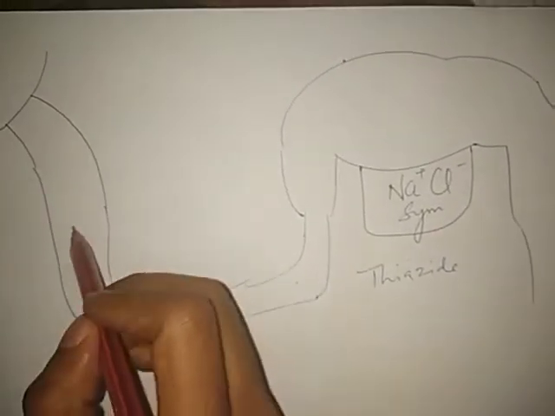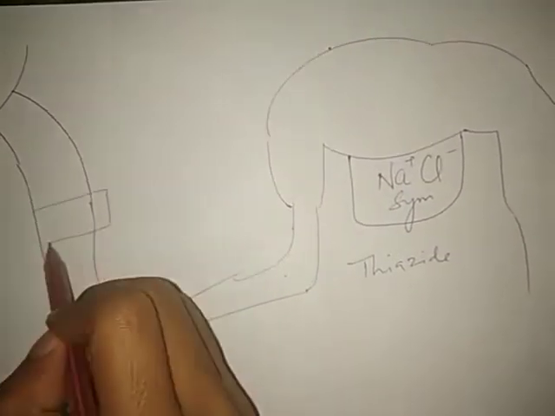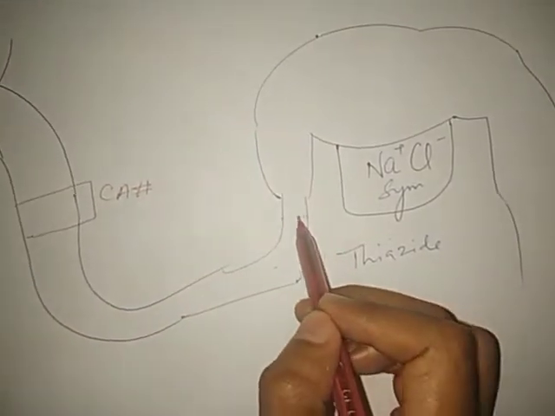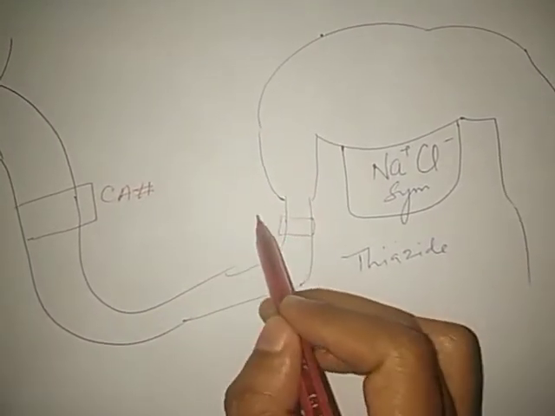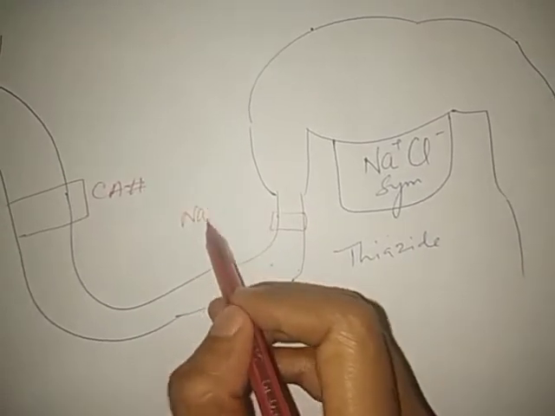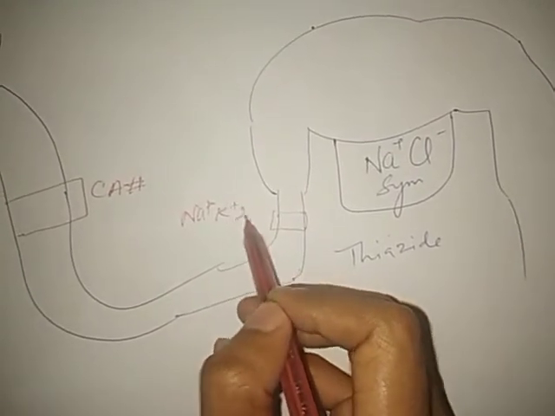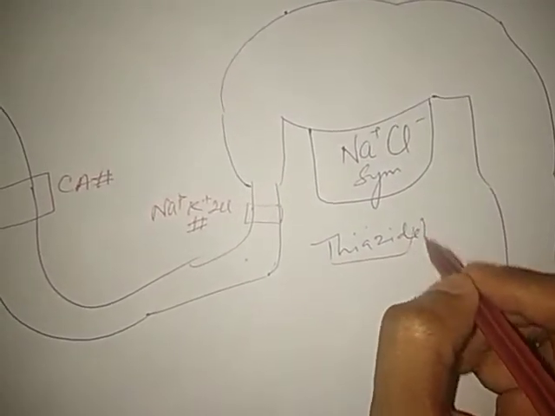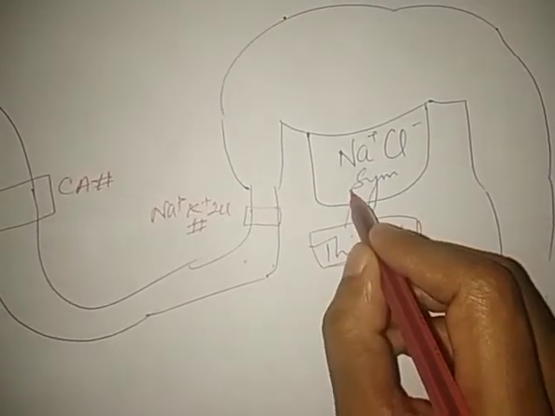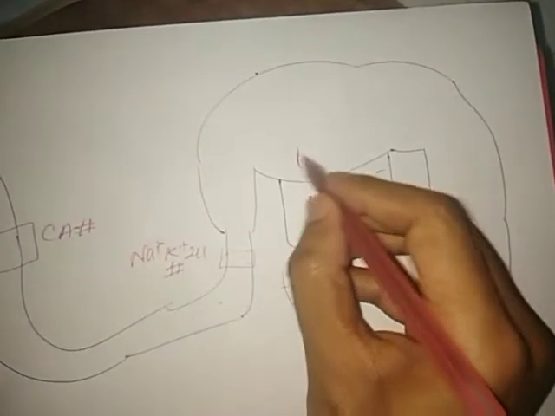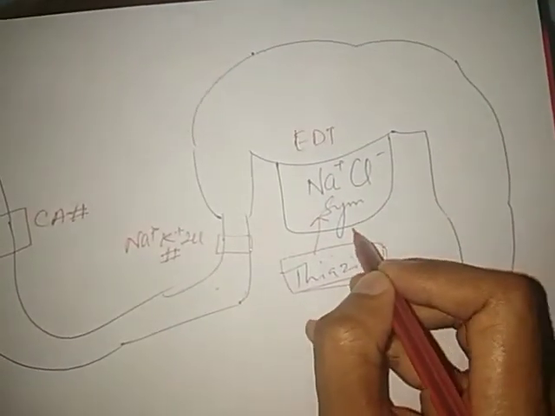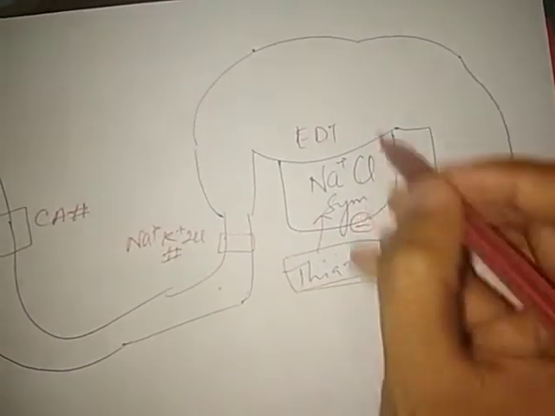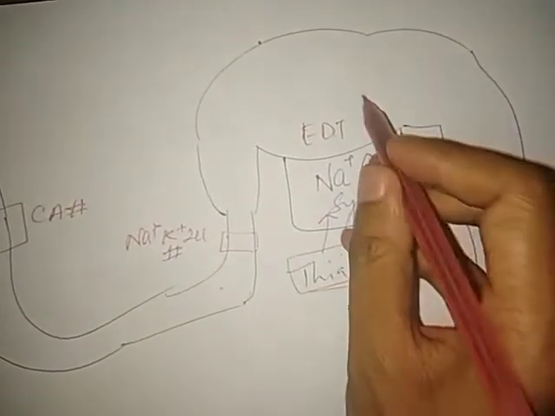We already studied the drugs acting on the PCT, that is your carbonic anhydrase blockers, and drugs acting on the loop, that is the loop diuretics, blocking the sodium potassium 2 chloride symport. Now we will study the thiazide group of diuretics, which work in the early distal tubule, and they are blocking this channel, the sodium chloride symport. So when the sodium chloride symport gets blocked, sodium does not reabsorb, and neither does chloride, so there is a